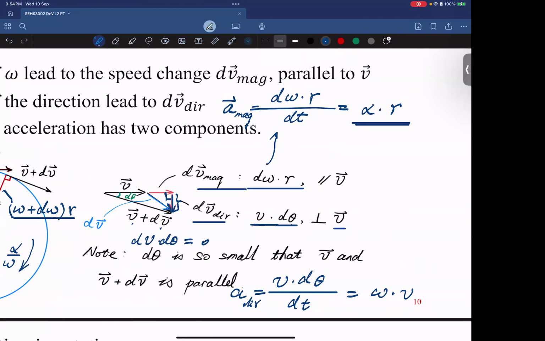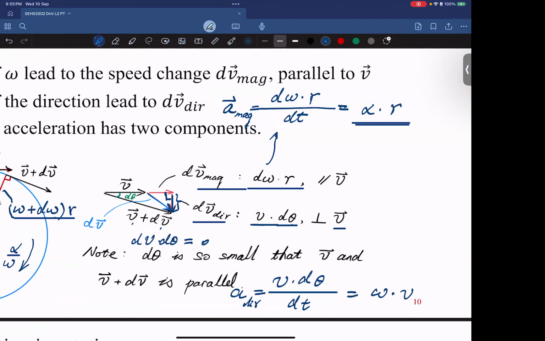So both the magnitude change and the direction change will change the velocity. Therefore, the acceleration has two parts. Why are there two parts? One is for the magnitude change. The other is for the direction change. For a curved motion, right, when the particle moves along a curve,